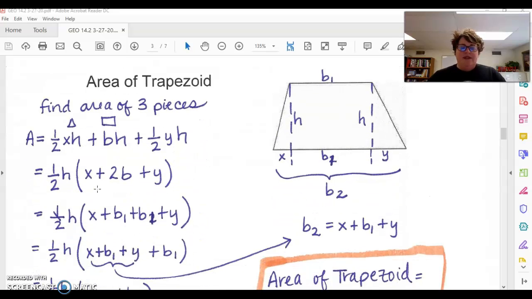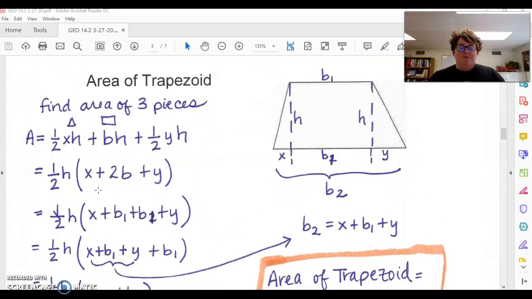Area of a trapezoid. So I wanted to create this for you. When you're finding area, you can split it up into pieces. So I've split this trapezoid into 3 pieces, and I've labeled the height is the same. I have base 1 and base 1. I have this little piece as X, this little piece as Y, and all of this down here is base 2. Okay, so if I add up the pieces, the left triangle, the rectangle, and then the right triangle, and